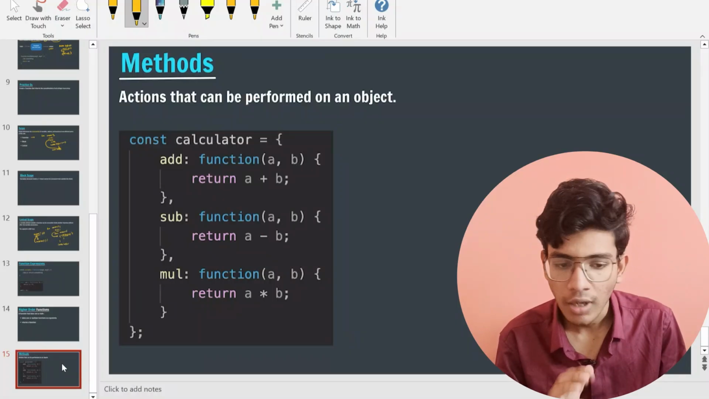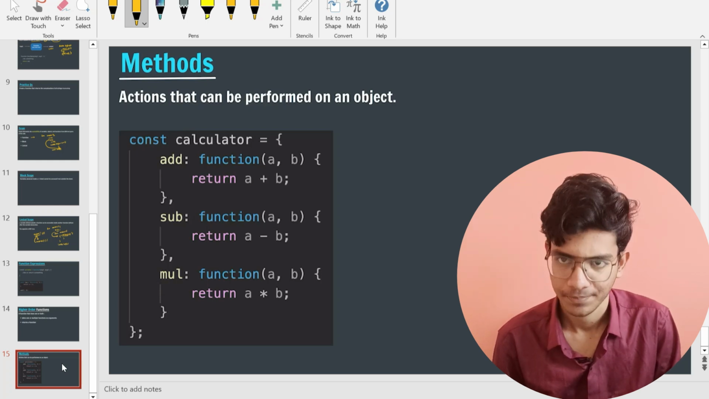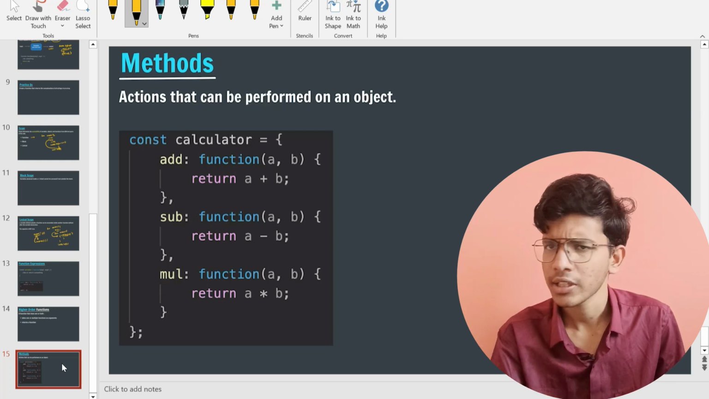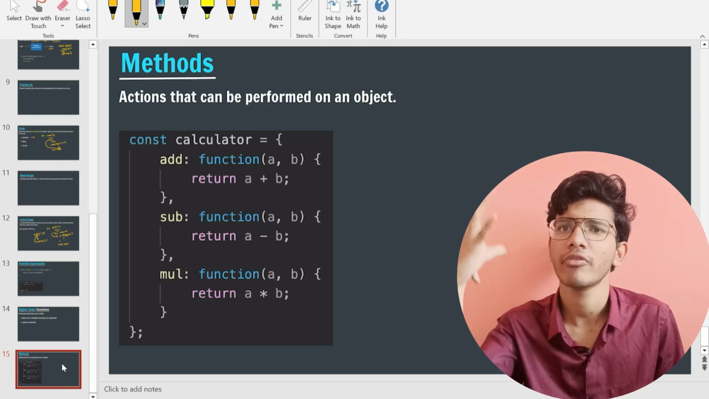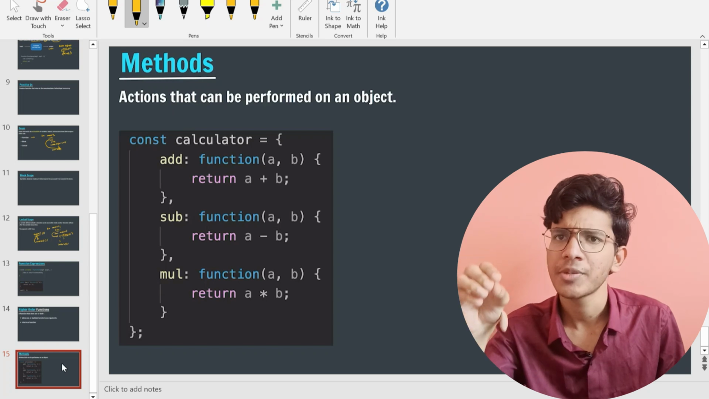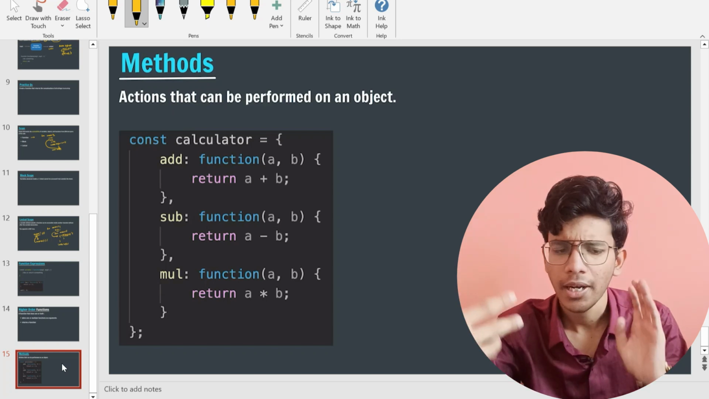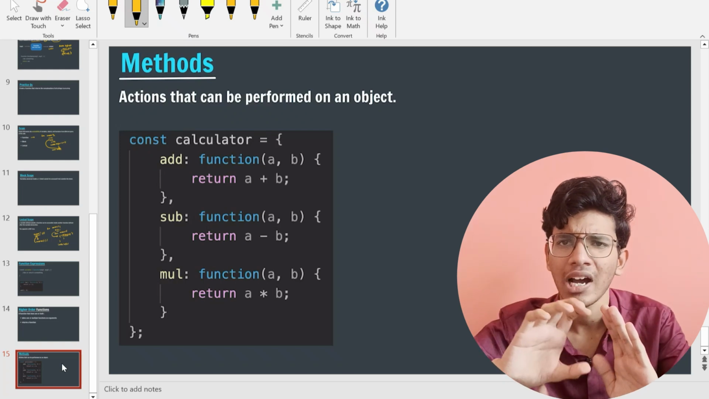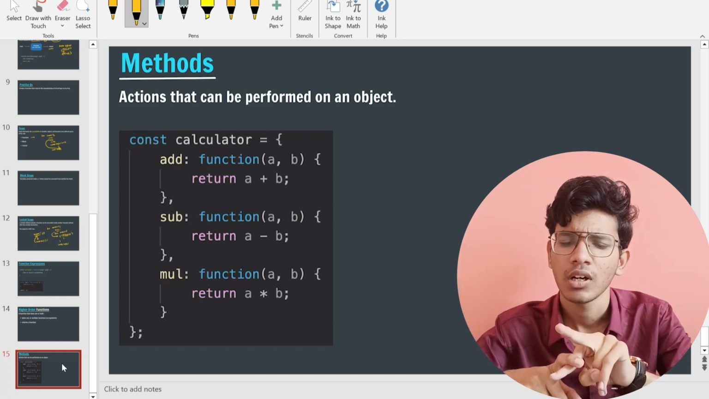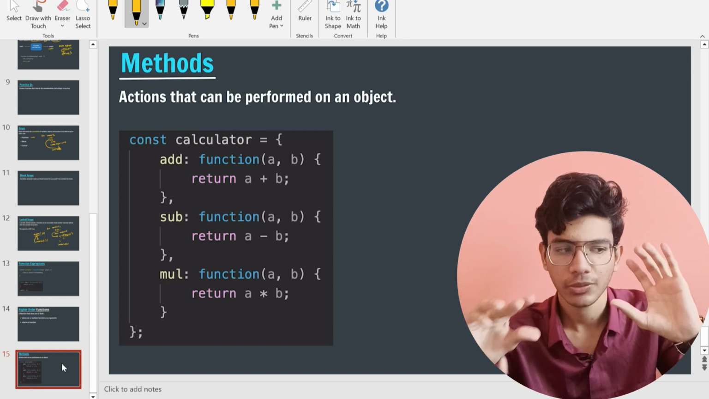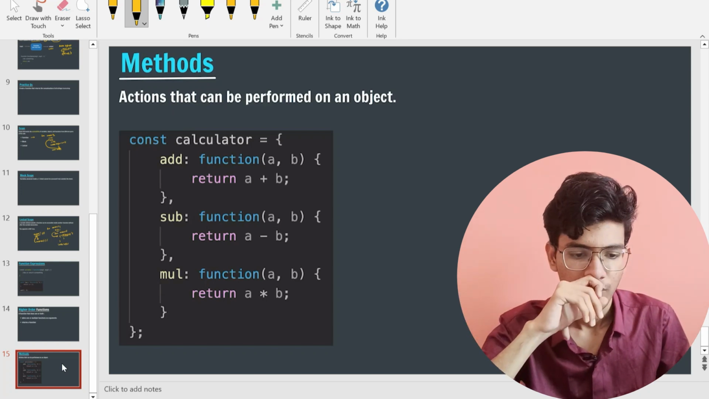Now the last concept we are having is methods. We will talk about it in the next chapter, when we study object literals. It will be very clear to you what objects and object literals are. We will talk about it in another chapter. But methods and functions are basically the same, but one of the key differences between a method and a function is that